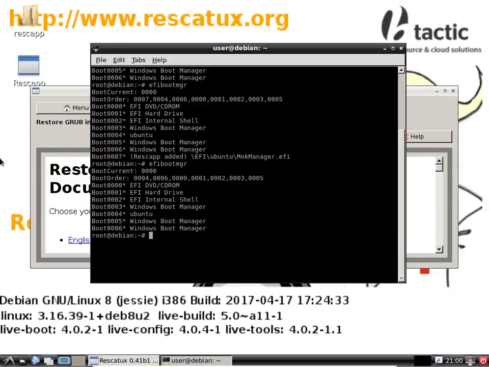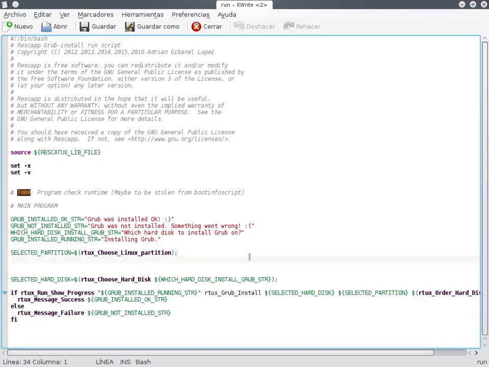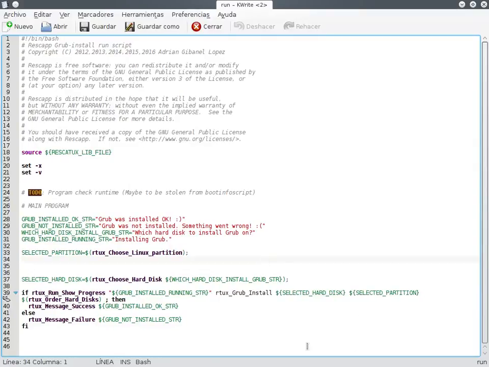Okay, so let's see if we can understand why this 7th option is being taken away by the restore Grub. So this is the restore Grub option, which is going to run the Rescatux Grub install,